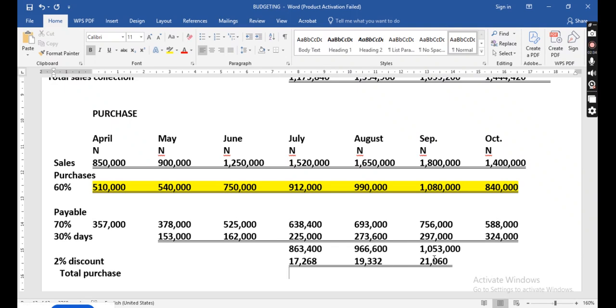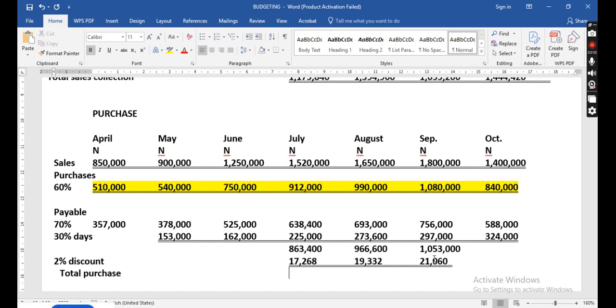60%, the 50% purchase amount from the sale. I can't hear you. Please, can you repeat the question again? Sorry. For this discount, I think your network. Okay. Go ahead. I said the 2%, they said we should apply it on the sale. So I'm asking, is it this addition, this 70 and 30% we have to use, or the 60% purchase, this 9112? Okay. Thank you. That is a very good question.